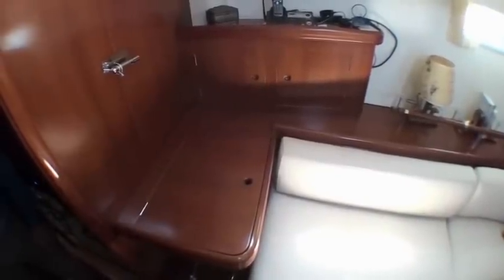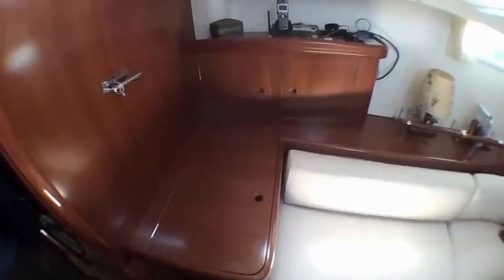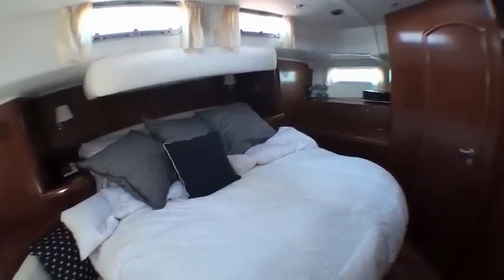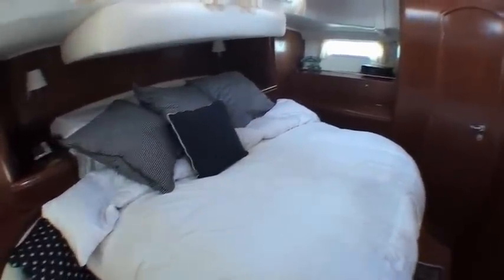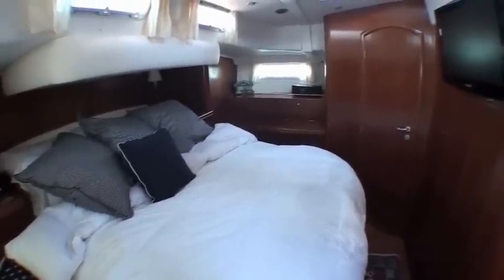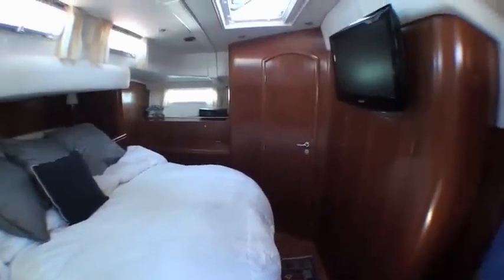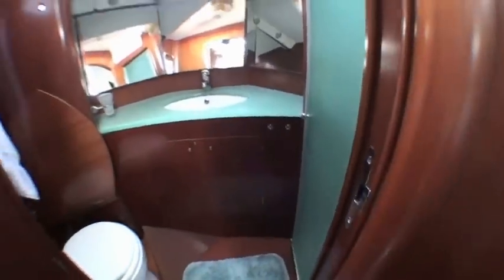Continuing aft, we have our wine chiller, which is a delight to have on board, and a beautiful installation as well. Entering the owner's stateroom, we have a nice vanity, locker space, bookshelves, a lovely settee, nice built-in lighting, gorgeous king-size bed with lots of ventilation, opening ports and hatches. One of the great features of the center cockpit is having a magnificent stateroom like this, and all of the storage that you need to go with it. And of course, featuring a very nice private head as well. Everything beautifully finished, separate stall shower. It's all you could want in a